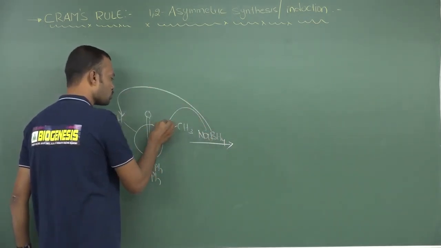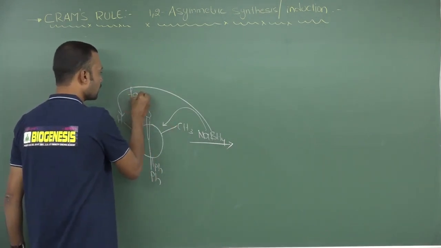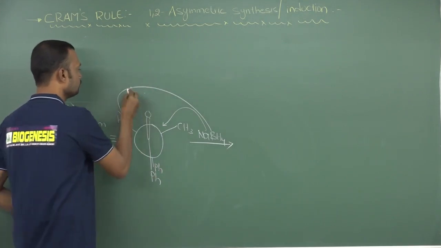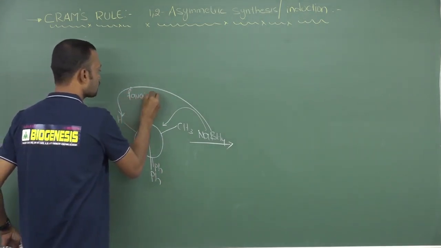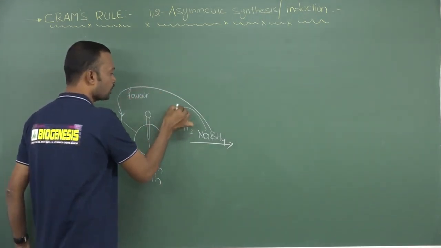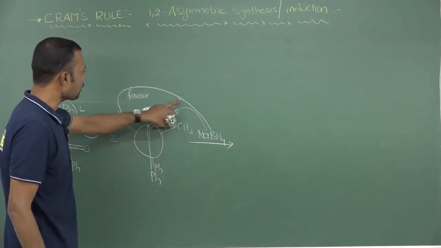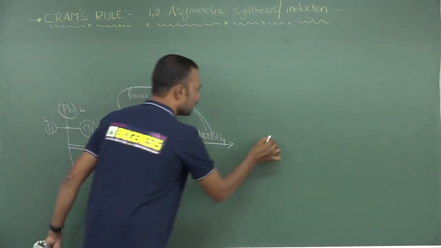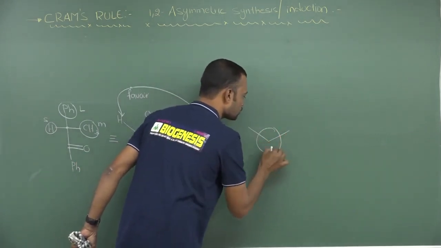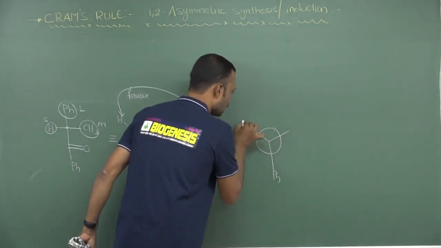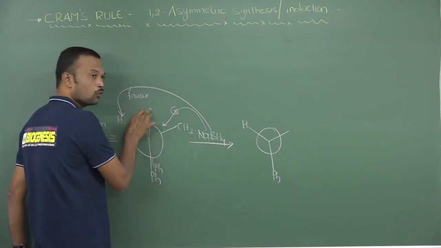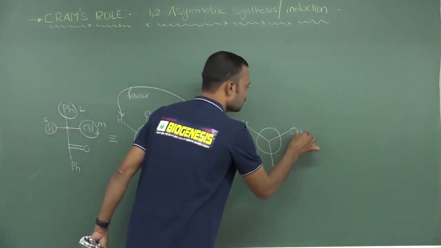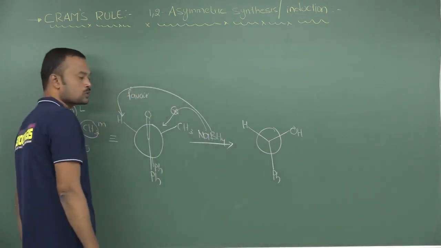See here, it will approach from this particular direction. This is one more, it approaches from this direction. This is completely a favorable direction, and this is not a favorable direction here. Whenever it approaches from this particular direction, it directly attacks this carbonyl. Now the carbonyl directly gets hydrogen over here. So here you will get O minus. I am using H plus ion, then this O minus takes the H plus ion and forms OH.